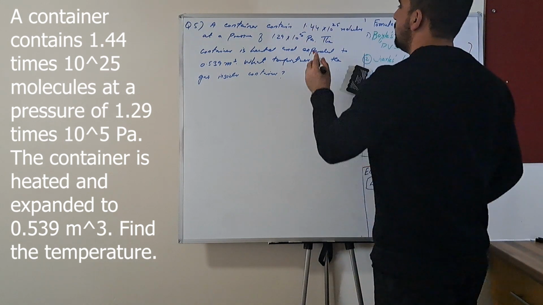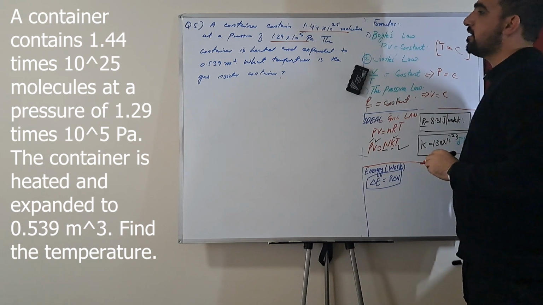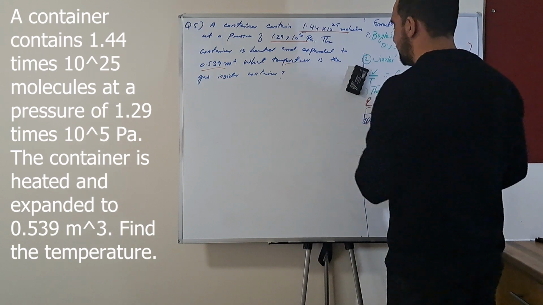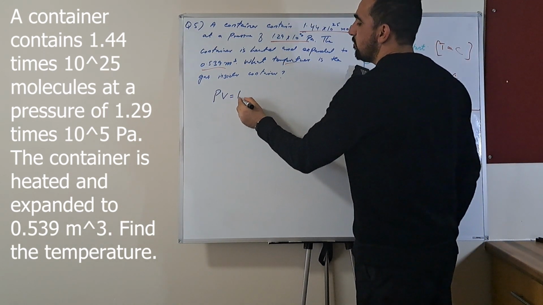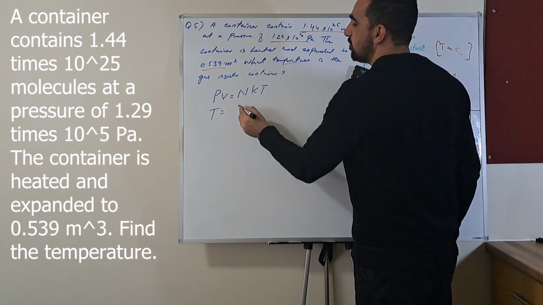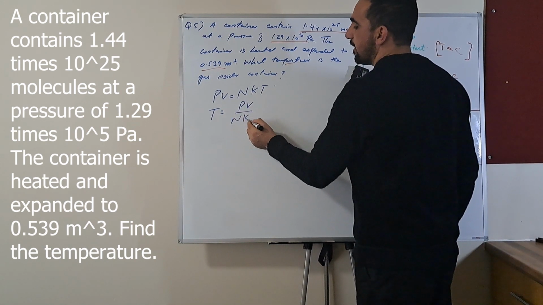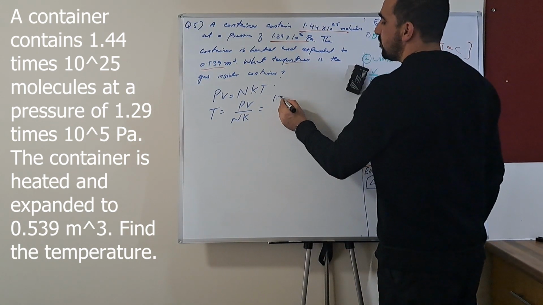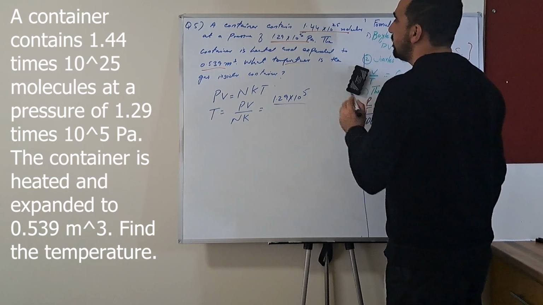So we got number of atoms, we got pressure, and we got volume, and we need to find the temperature. Again the same equation, PV is equal to capital N K T, and T is equal to PV divided by Nk. So now we can put pressure 1.29 times 10 to the power 5, and we